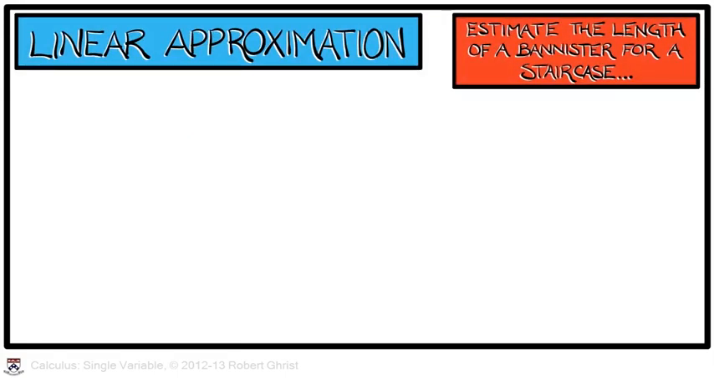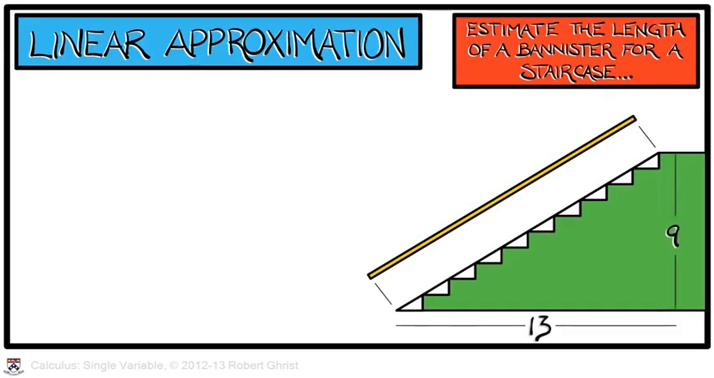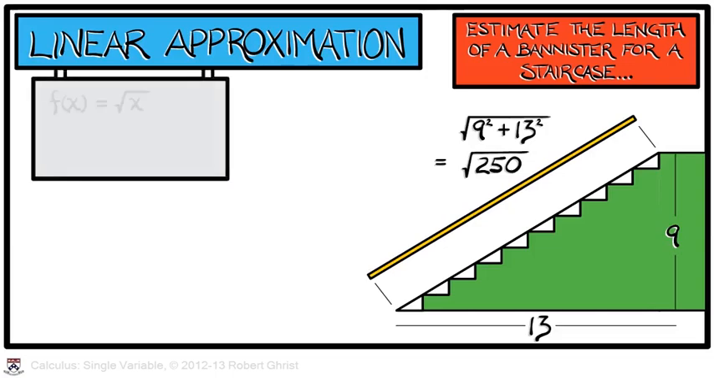For example, let's say you want to estimate the length of a banister for a staircase. If you know something about the dimensions, let's say it's 13 units across and 9 units high, then that length would be square root of 9 squared plus 13 squared, or the square root of 250. Let's say you want to come up with an estimate for that. I don't know what that exact number is, and let's say I don't have a calculator. Well, I could